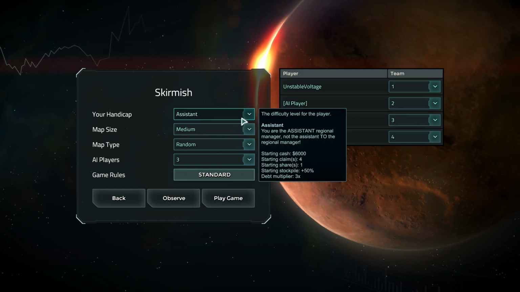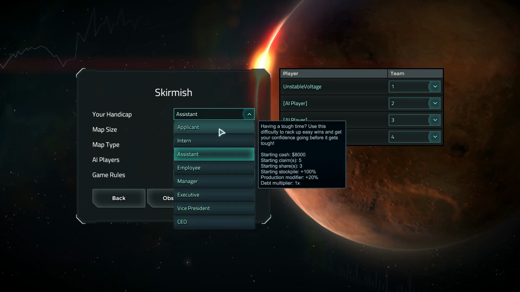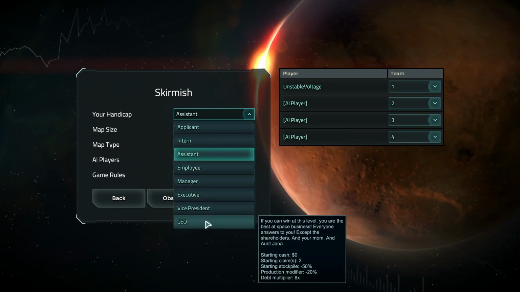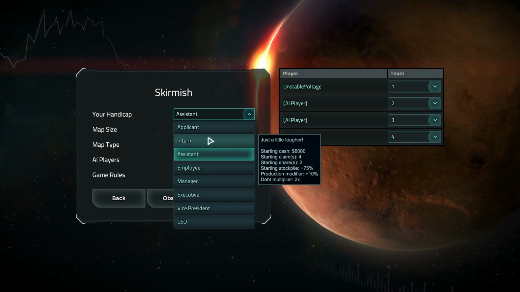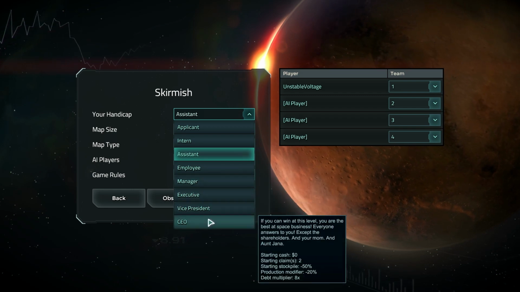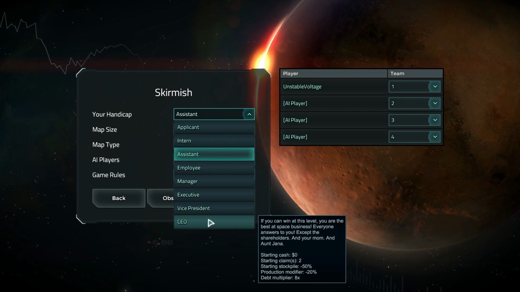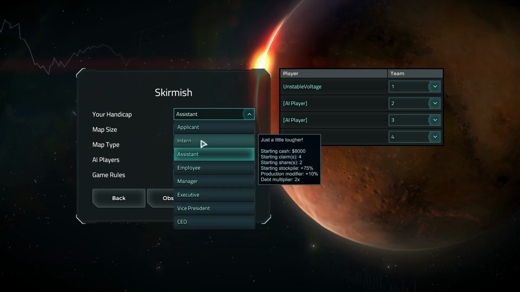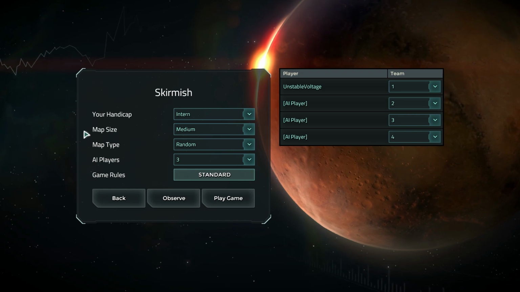Now you have quite a lot of difficulty options here. It goes all the way from applicant right up to CEO. The AI is actually quite good in this game. As you can see, if you choose the different difficulty levels, it actually tells you what your bonuses and handicaps are. I'm going to put this on intern just for the convenience of speed for this